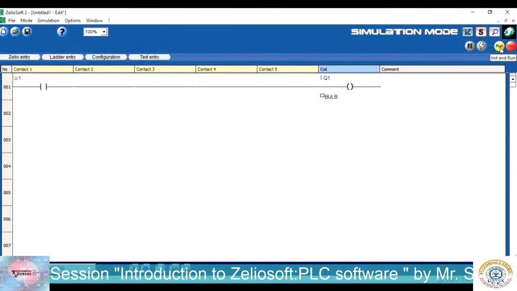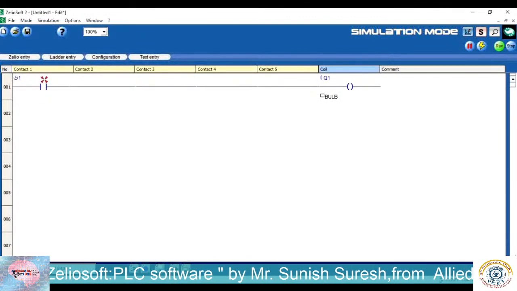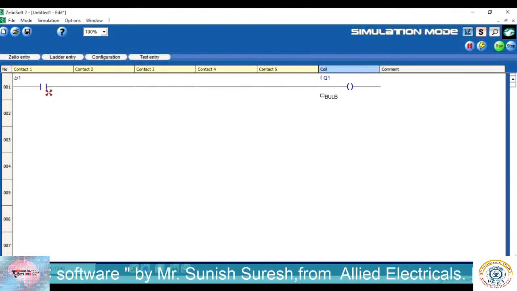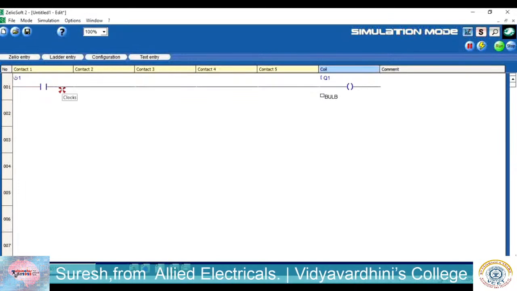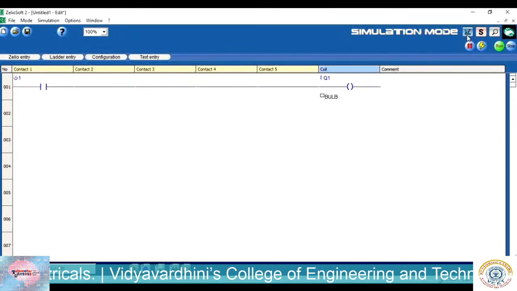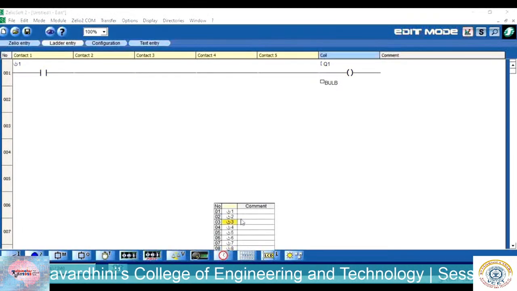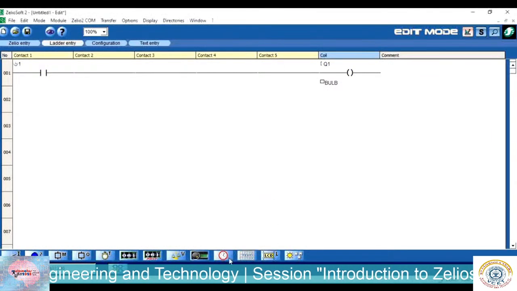If you just go to the simulation mode and run the simulation, you can see it doesn't give a high state, so it is in the off state since the time has passed. So like this you can use this clock function to trigger certain tasks